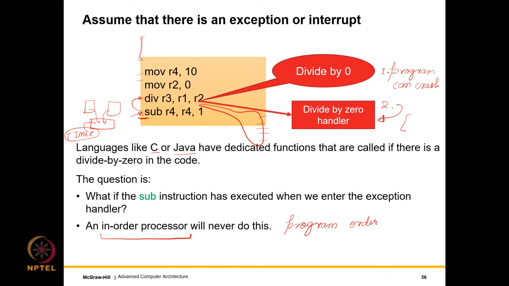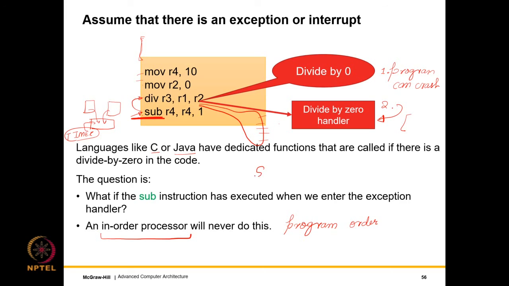So not only is this very helpful from the point of view of an exception handler, it is also very helpful from the point of view of an operating system, which essentially sends an interrupt to the program, makes it stop at a certain point, and then resumes the program at the same point. If things were executing out of order, something before this point has finished, something before this point has not finished, something after it has finished, the stop and resume will become very hard.